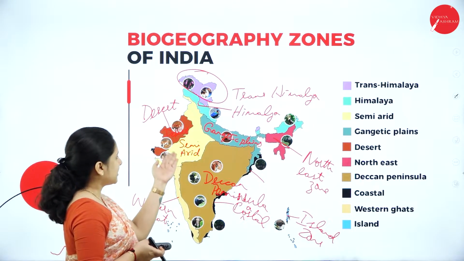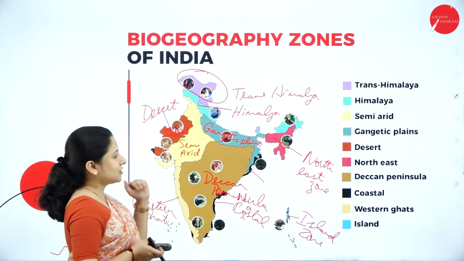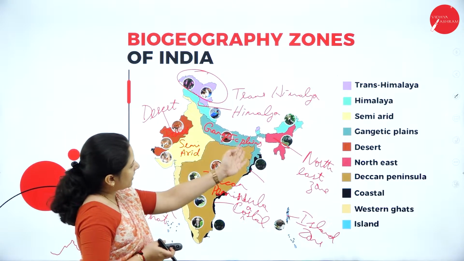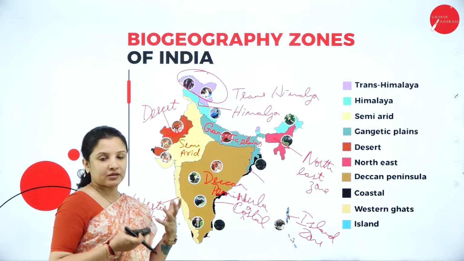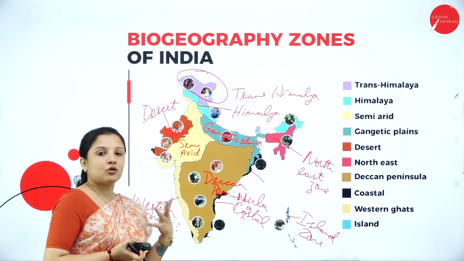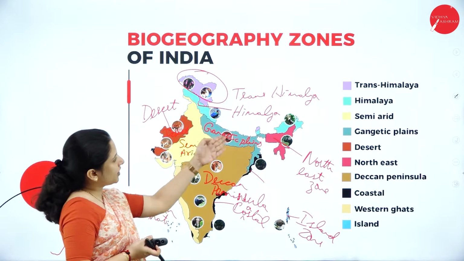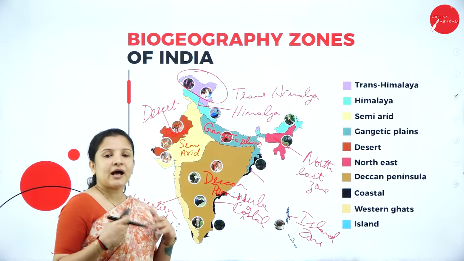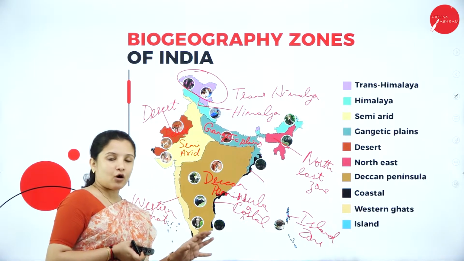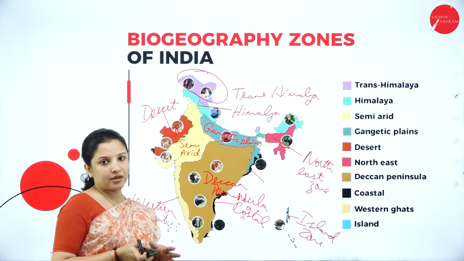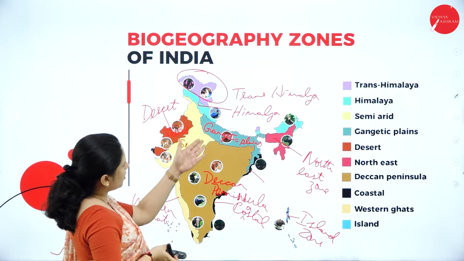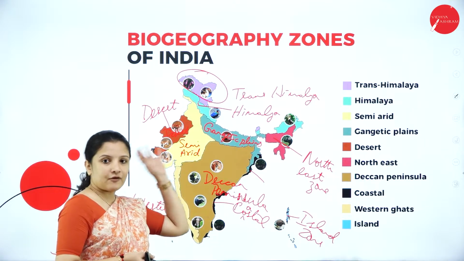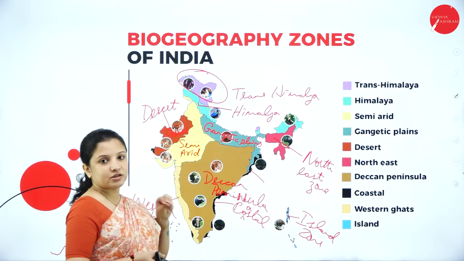In the semi-arid zone, that is where grasslands and all are there. We have the tiger and lion. And in the Gangetic plains, because it is filled with water, that is, marshy areas, Gangetic plains are always marshy wetlands. So therefore crocodiles and all that are found more. Likewise, based on different regions, the habitat tends to vary. So a particular organism is found in abundance in that particular habitat. I'm not saying that they're not found elsewhere, like crocodiles are found elsewhere also, but the majority of the species are found in the Gangetic plains because it is always marshy.